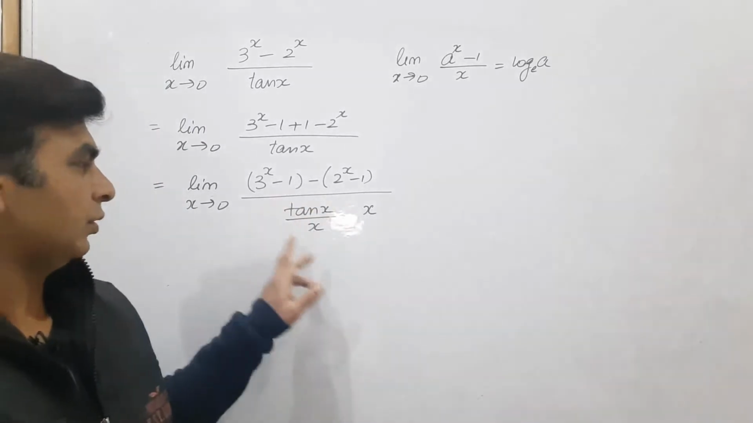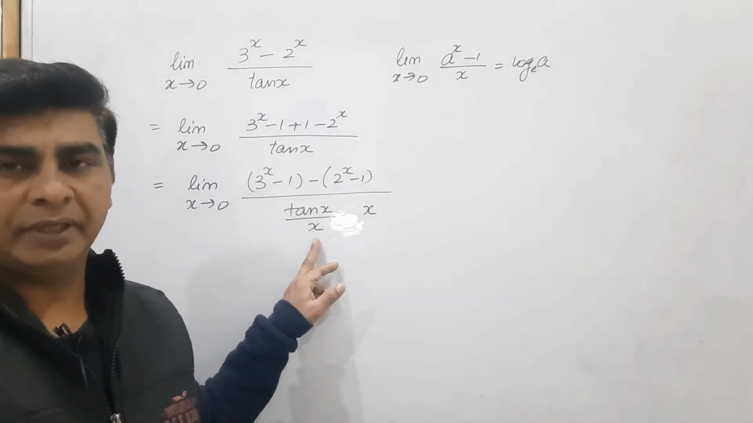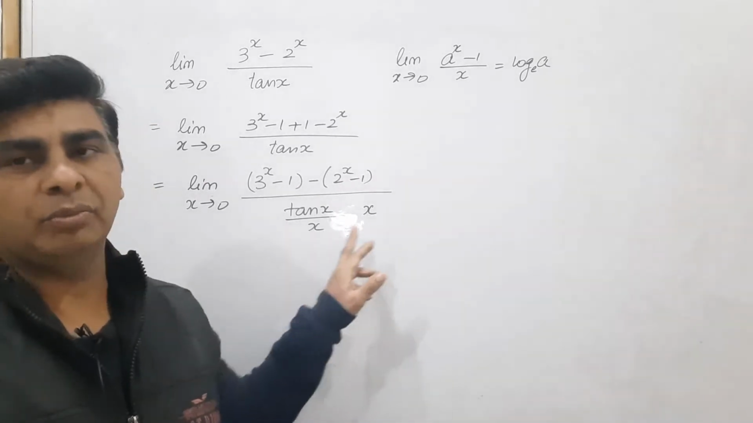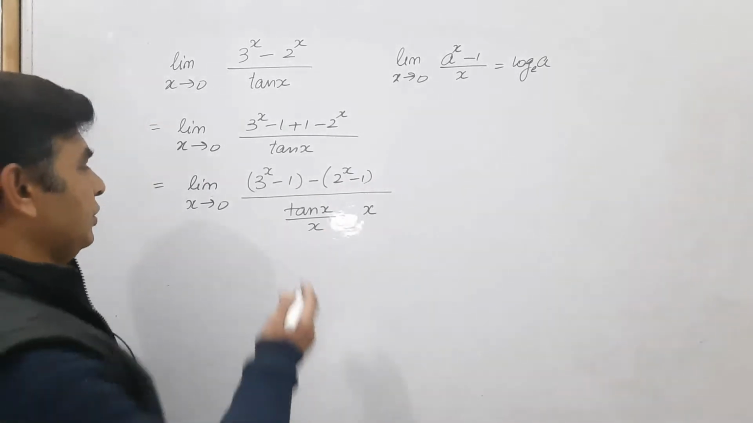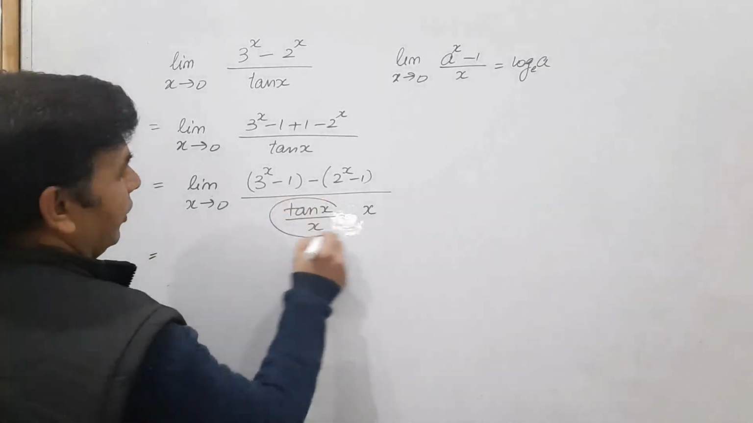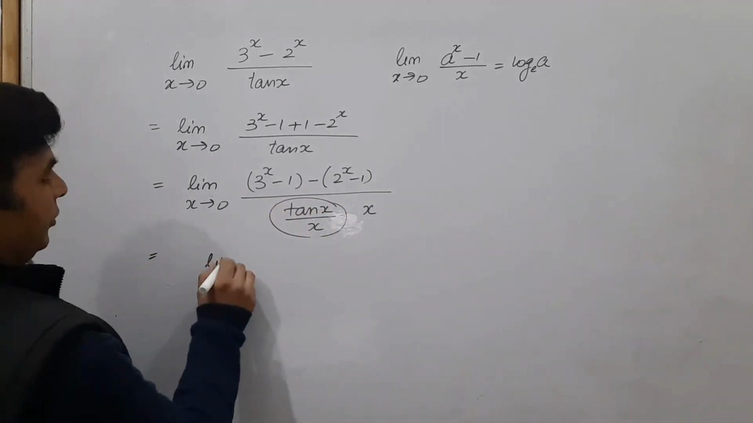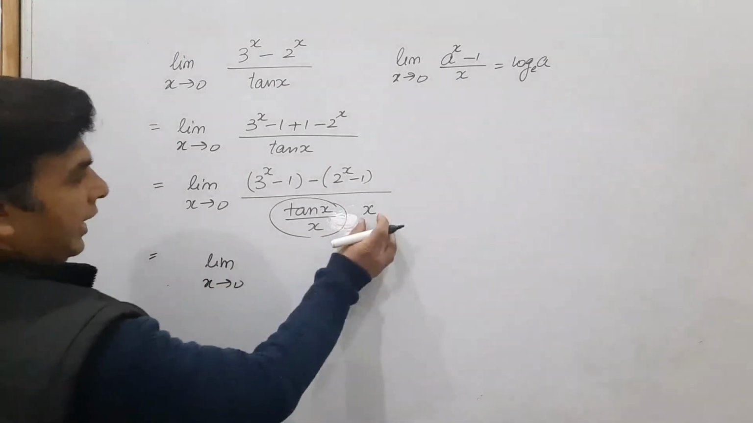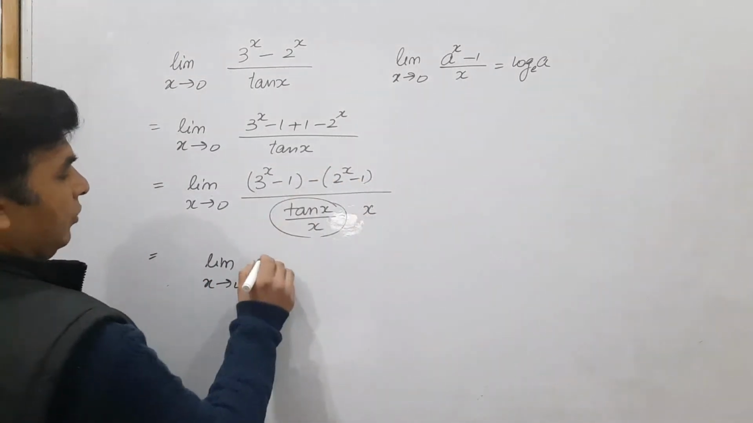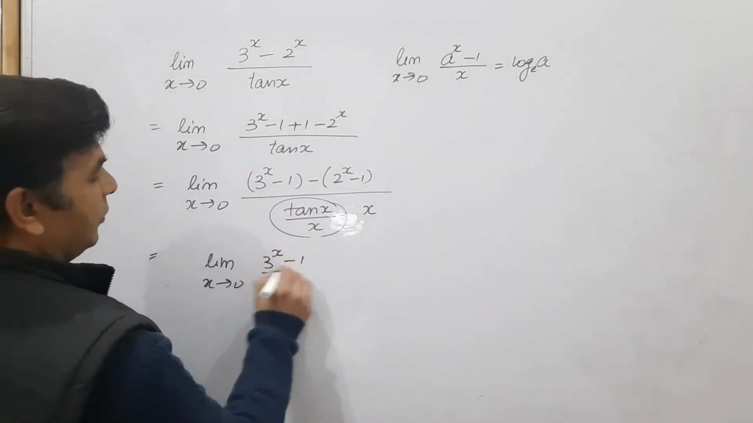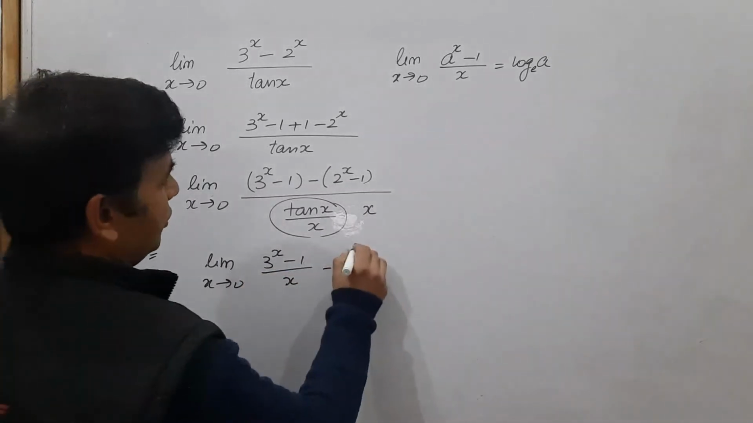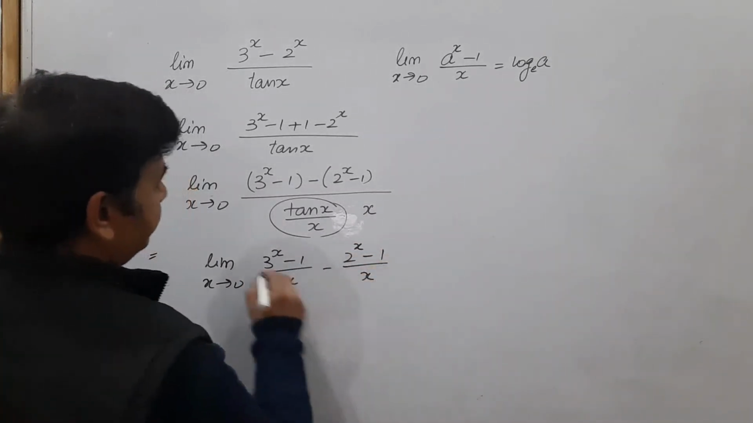So for this we have to divide by x. If you divide, then you have to multiply as well. So in this way this value will become 1 and the remaining term will be like this. Because x is there, you can separate the terms now. 3 to the power x minus 1 upon x minus 2 to the power x minus 1 upon x, and